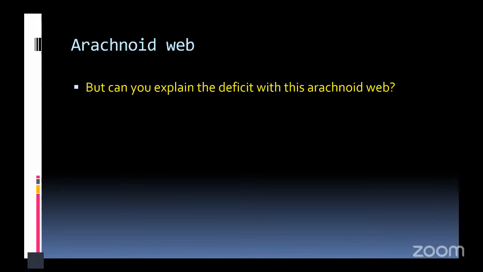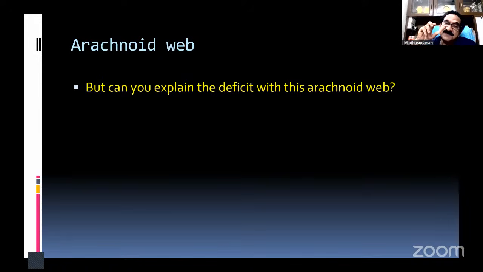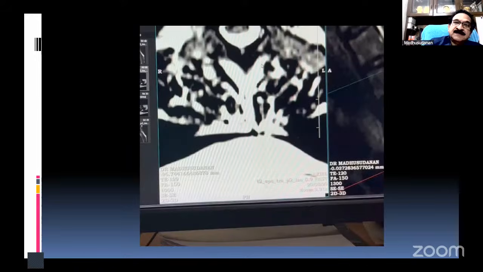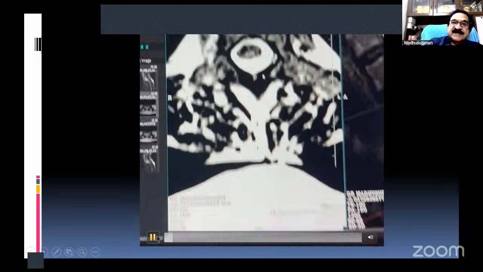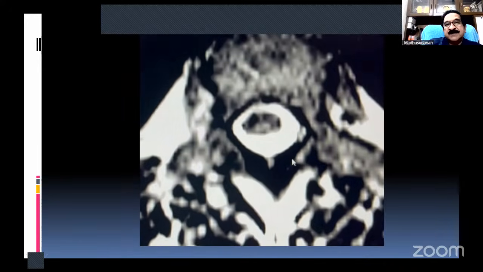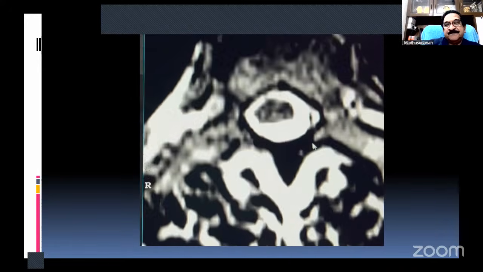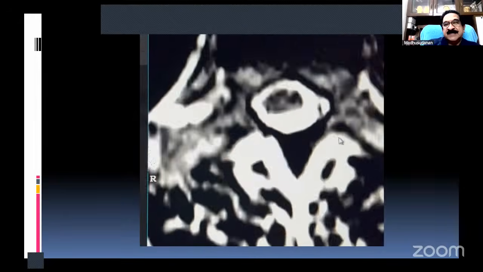Oh, sir. No, I was not at all happy. I told him that if at all, there should be some signal change inside the cord. The cord is compressed, okay, but the patient has got pyramidal signs or whatever weakness it is, there should be something in the cord. Then I took again a detailed cut. There is hyperintensity in the dorsal part of the cord, you can see the hyperintensity. Exactly the same area where the